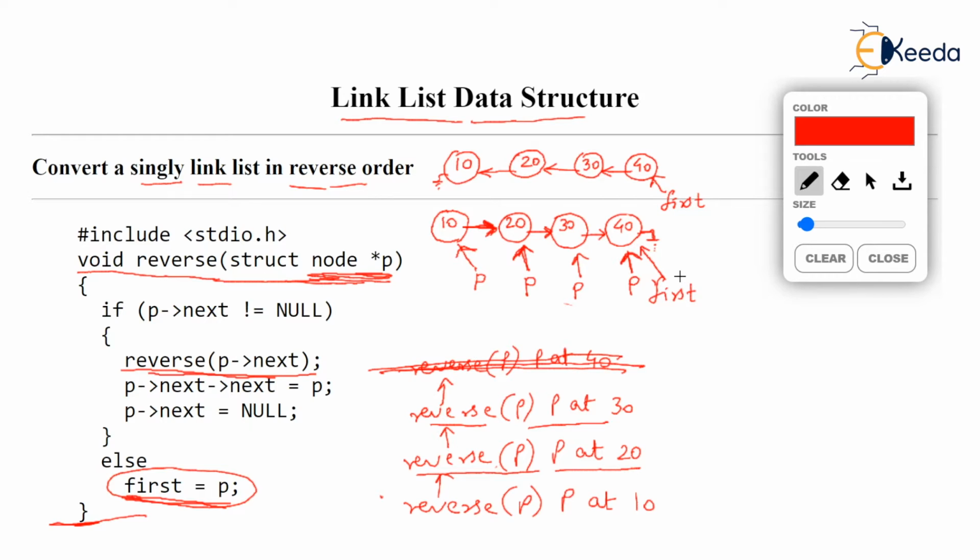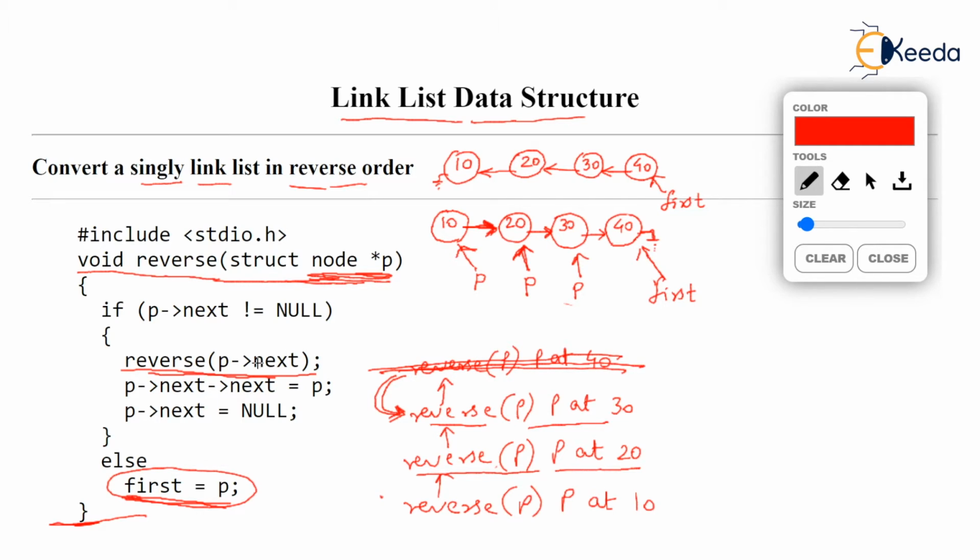So you know, whenever a function ends, the calling function resumes. So here we are back to the function reverse P with P at 30. It seems that we were running 40, but 40 has finished, so we are back to 30. But you all know that some garbage is deleted now. The pointer P, which was created for that node 40, will be deleted. Stick to fundamentals. And we are back in the function reverse 30. Let's see now what happens when we are back to reverse 30, P at 30.